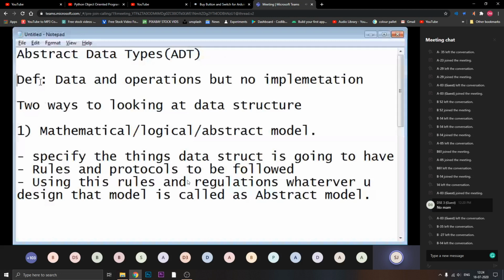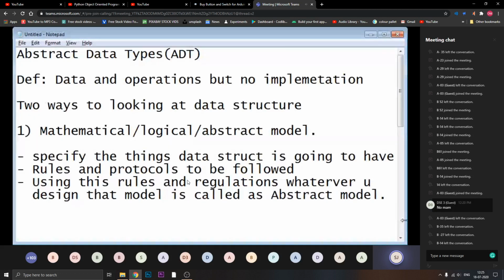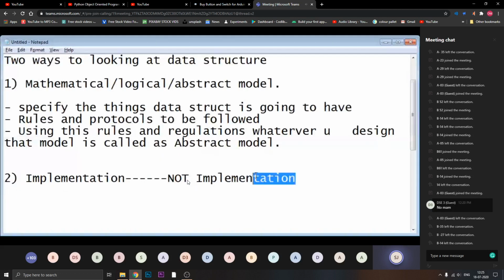Now, when you go to the implementation part, what we are discussing in this line is the two ways of looking at a data structure: the mathematical, logical model and the implementation.